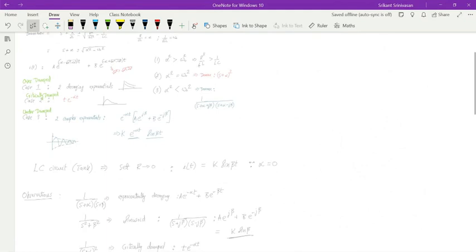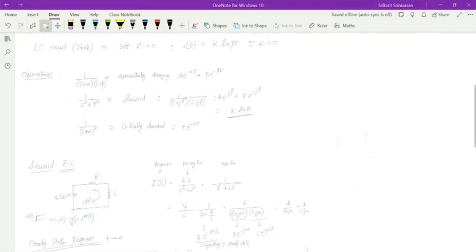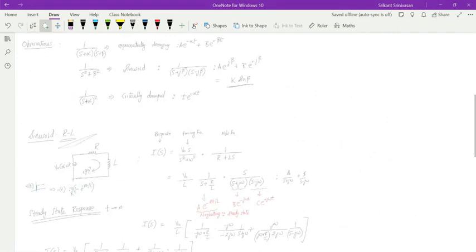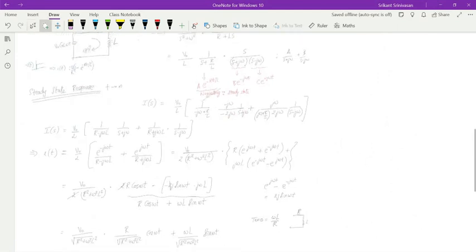Can I figure out in what case the circuit is going to be over damped, critically damped, or under damped? When would I get functions like t e power alpha t, like over here in the critically damped case? Or if I have a sinusoidal RL circuit, if I have some sinusoidal response, it could have been RC also, doesn't matter. Then what I know is that for steady state, I can neglect the exponential terms, so I can save my calculation time. I have to worry about only the complex exponentials.